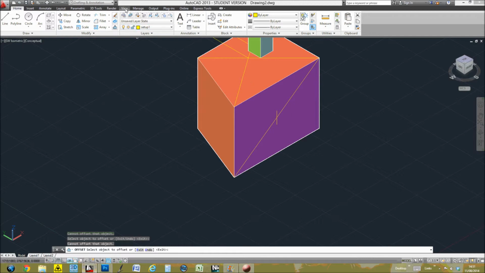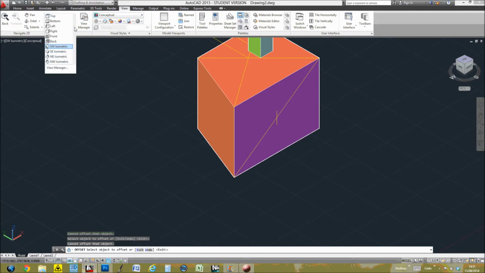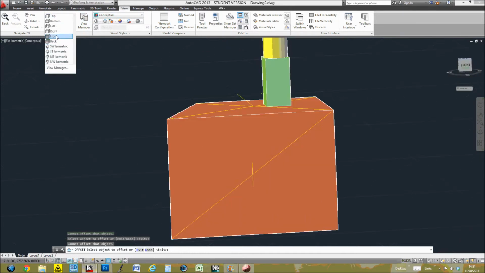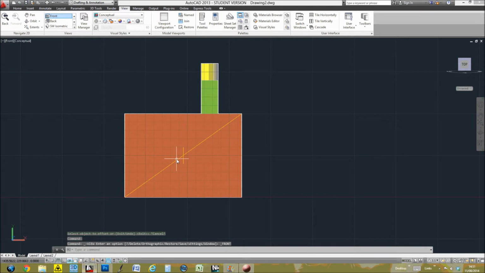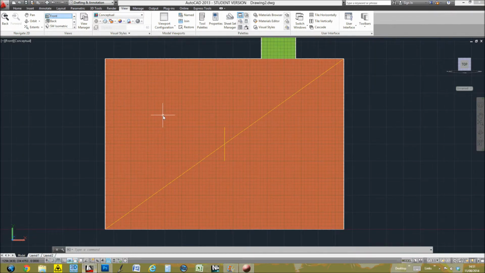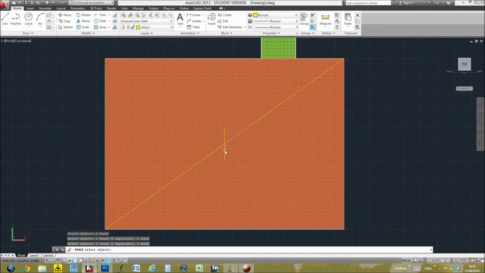So in this case, if I go to View and then go to my front view, I can now see this in my front view, and you'll notice that AutoCAD changes the coordinates. X is now along there and Y is now up here. So it's turned the front view into my drawing plane. It's my main plane for drawing. So I can draw whatever I like here, and so if I just delete this out,